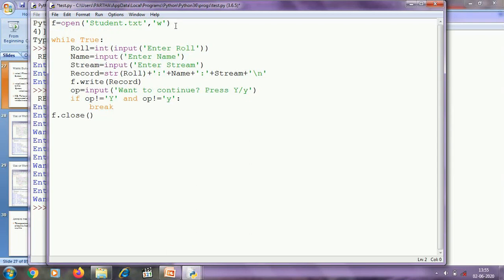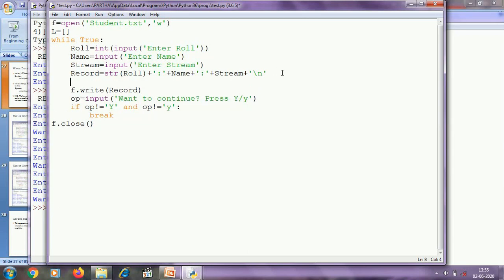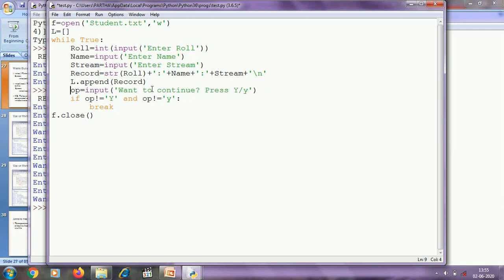For the writelines method I need a list. Here I am declaring an empty list, and inside the loop, after collecting the student roll number, name and stream, here I am concatenating them to generate the record string, and here I am going to append this record to the list, and again here I am checking whether the user wants to continue or not.